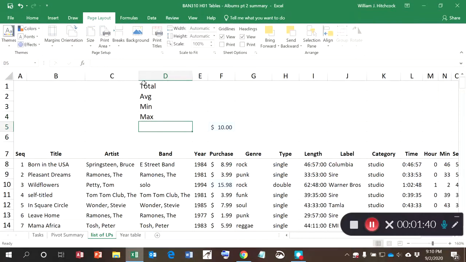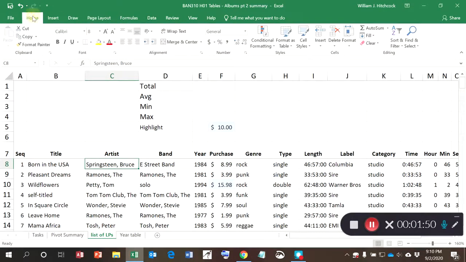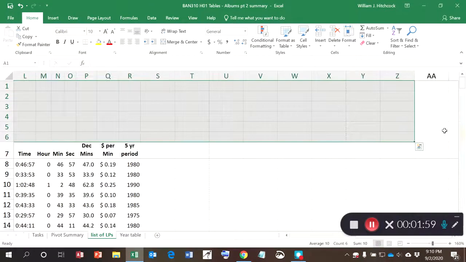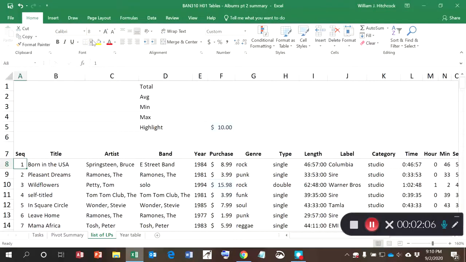For this one, this was one of the ones that we were highlighting. And let's see, I think I had used font size 8. It looks a little bit big here because I've got this zoomed up. So I'm going to highlight all these cells so I'm using a consistent font size and change that to font size 8. So there's my totals. Right, the total for the year doesn't really make a whole lot of sense,